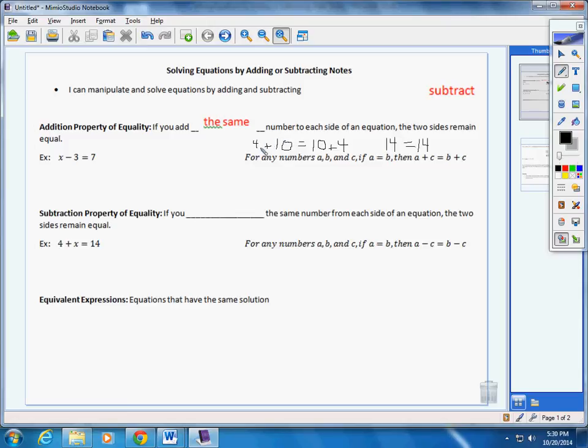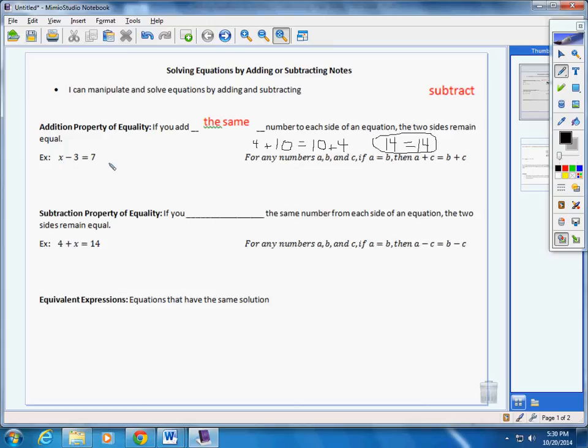must do the same thing on the left side. You must do the same thing on the right side that you do on the left side. You have to do the same thing to both sides so that your equation remains true. Alright, so for example, you have x minus 3 equals 7. If I am asked to solve for x or get x by itself,